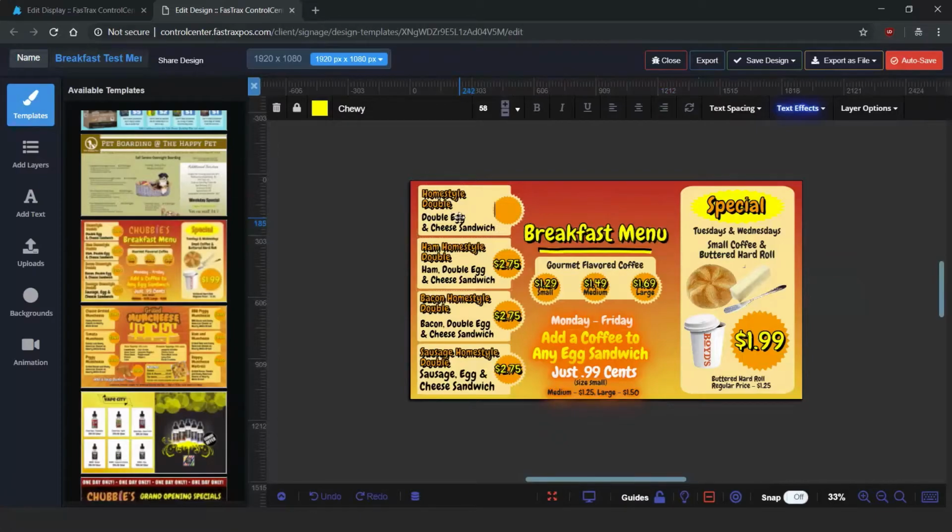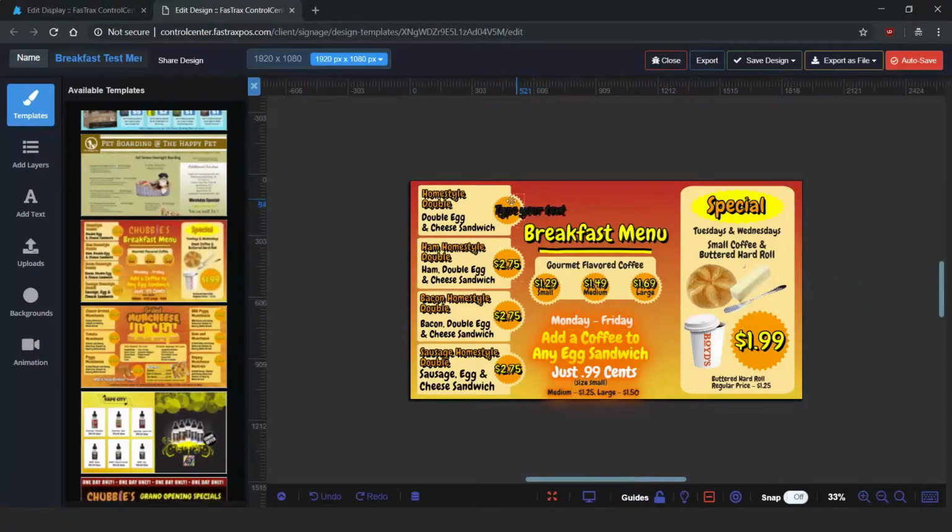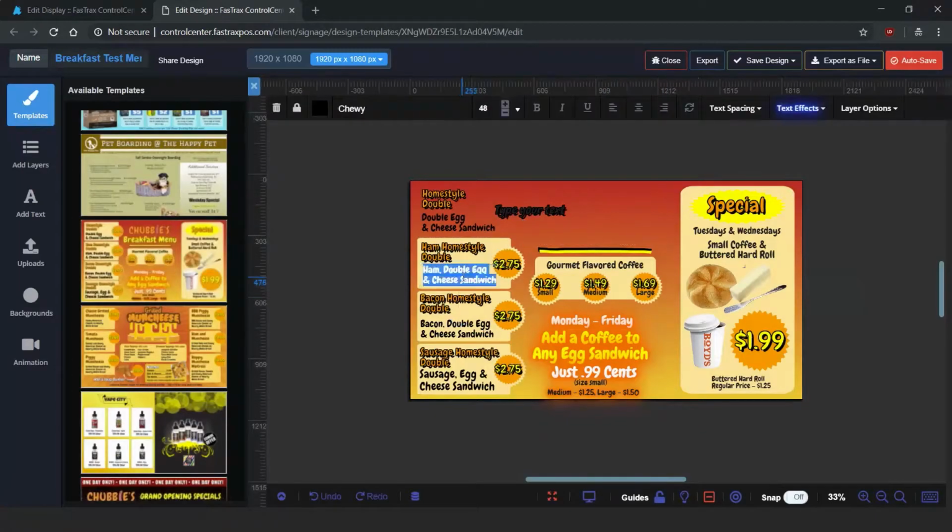In fact, we could simply remove all of the individual layers from this menu and start with just a blank background. You have as much freedom or control as you want to change these things individually. What we're going to do today, though, is not start with a template. We're going to move from that top selection on the left down to the bottom,